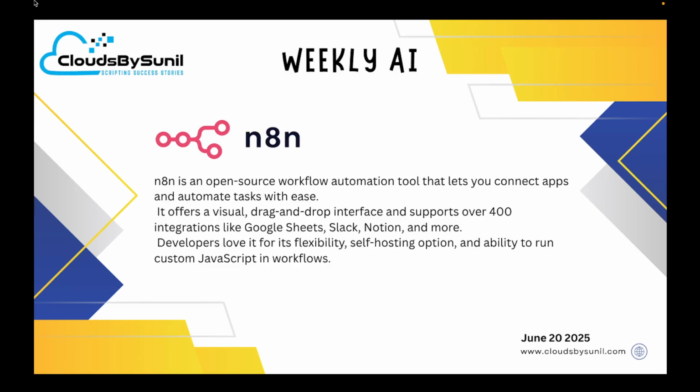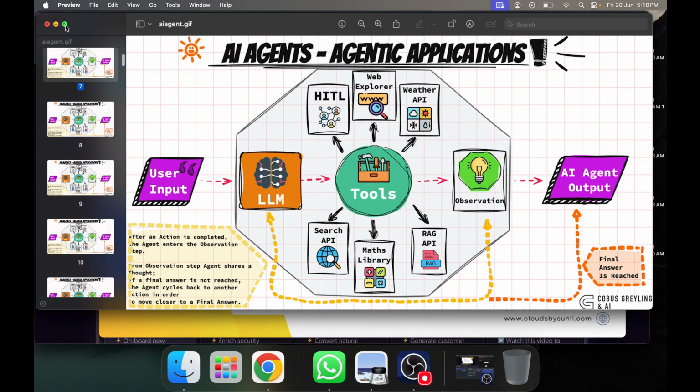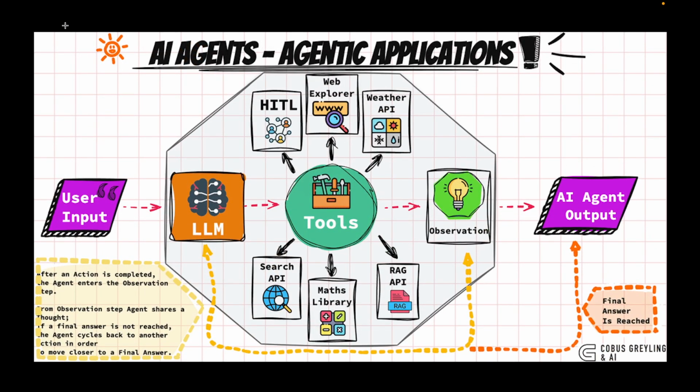AI agents are a topic to be explored by everyone, no matter whether you are into development or testing. You need to know what agents are. Agents are a concept in technology that will observe and act upon dynamic changes. So it will act upon how the user behaves. There are things like HITL, human in the loop, which takes human actions or inputs